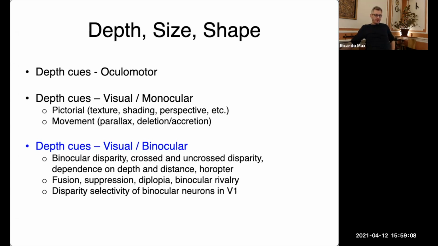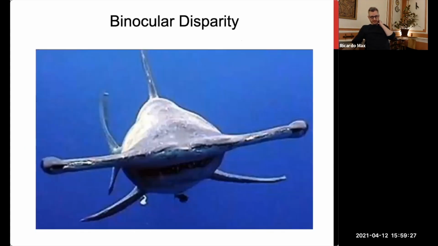Okay, binocular cues are those that we need both eyes to interpret. It's information that we can only use when we have two images that are slightly different from each eye. And the main story is, as I just said, binocular disparity. So our eyes are very close by, enough for us to use it